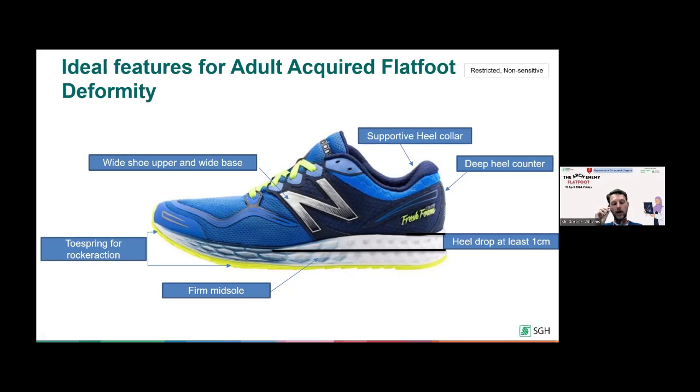Just some very quick practical tips on correctly sizing our footwear. Obviously, we need to get the right width and the right length. It's best to shop for your shoes at the end of the day, because for most of us, the feet are going to swell slightly when we stand and walk, and you want to fit the shoe to the sort of swollen, bigger foot. You want to have about a thumbnail width from the longest toe to the end